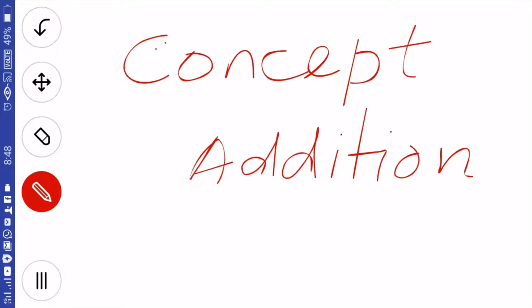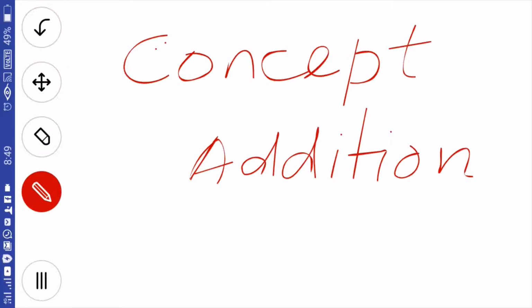Hi viewers, today we shall focus on the concept of addition for upper primary students. Though it is for upper primary students, the higher class students can also benefit from this. Addition we always perform, and we do perform the other mathematical operations also.